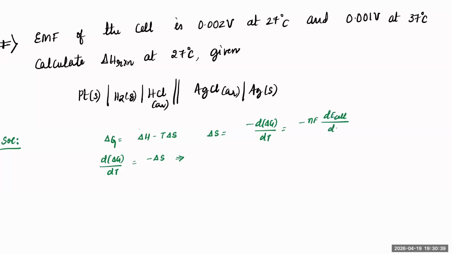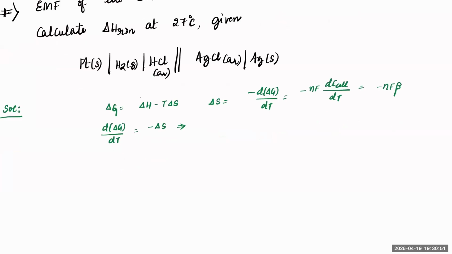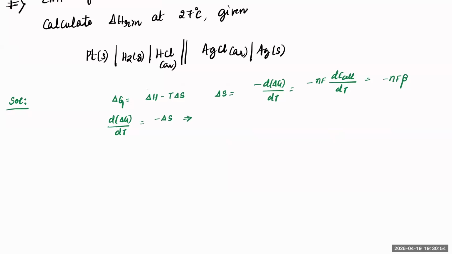And NF, this we can define as temperature coefficient, which is beta. I'll write it as beta for our understanding. Now I just have to substitute that back. Delta G can be written as minus NF E cell. That will be equal to delta H minus T times of